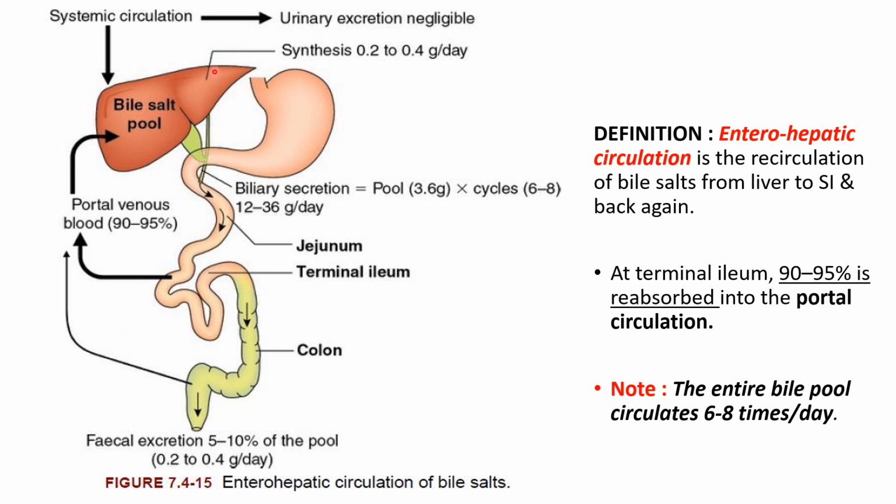Here in this diagram, you can see that the bile juice which is freshly produced by the hepatocytes is secreted into the duodenum during the digestive phase. This bile juice is utilized for the digestion of fat, and some of the bile juice flows down with the chyme till the ileum. Now around 90 to 95% of the bile juice is reabsorbed into the portal circulation from the terminal part of the ileum, and this portal circulation takes this bile back to the liver, where the liver first extracts it and then again secretes some of it into the bile. The remaining 5% of the bile is excreted into the feces.